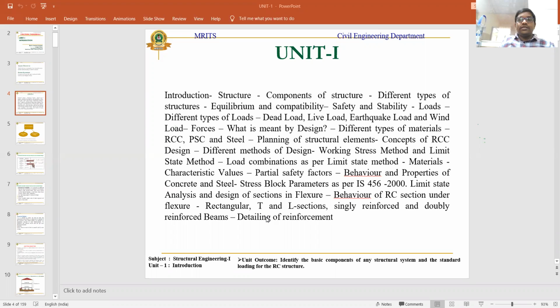Before going to know this, we must know the sections, where exactly the steel is going to be placed, and where exactly the concrete is going to be placed. Where we are going to create a neutral axis, or you can say boundary line. For this, I'll show you some cross-sectional details of a section. You can assume any section, like rectangular, for placing the different types of materials in the member.